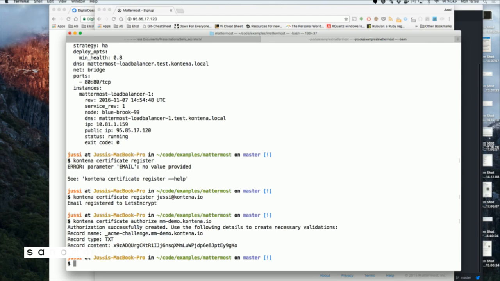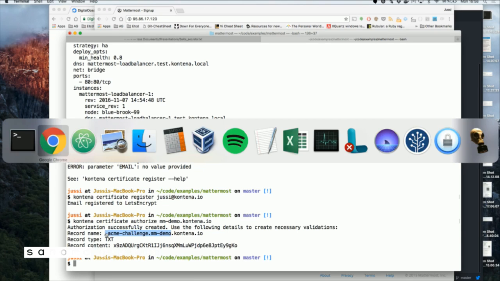So what I'm going to create first is this sort of a challenge, because the Let's Encrypt provider has to, of course, figure out somehow that I really control the container.io domain. Otherwise, I would be able to get sanoma.something certificates, which is not cool. So it gives me this challenge that, okay, fulfill this challenge and I'll give you the certificate. So the challenge is that I have to actually create this sort of a TXT DNS record, which I'm going